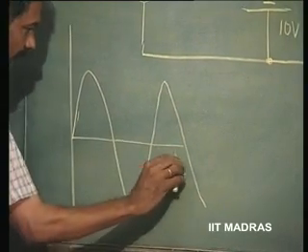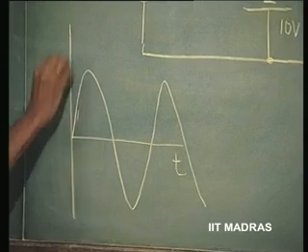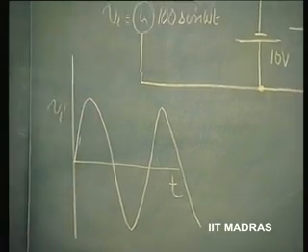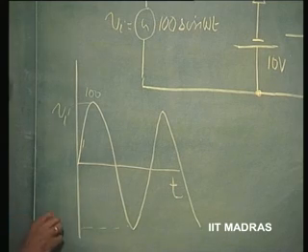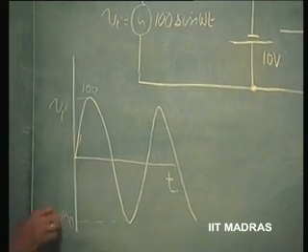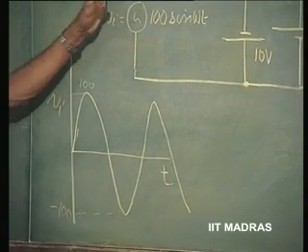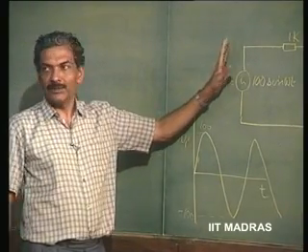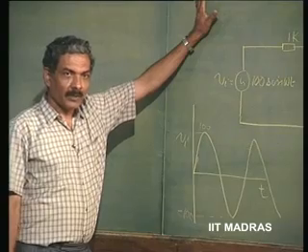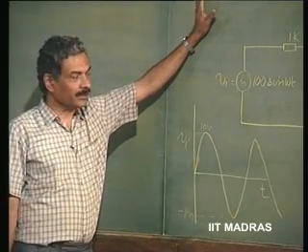So, this is the way Vi is going to vary, going up to 100 here and minus 100 here. I want this to be converted into a square wave. This is a typical problem even in your signal generators, what are called RC signal generators, which are available